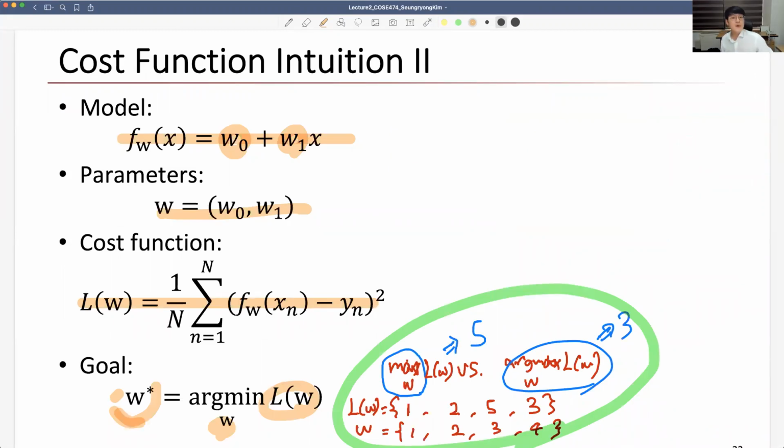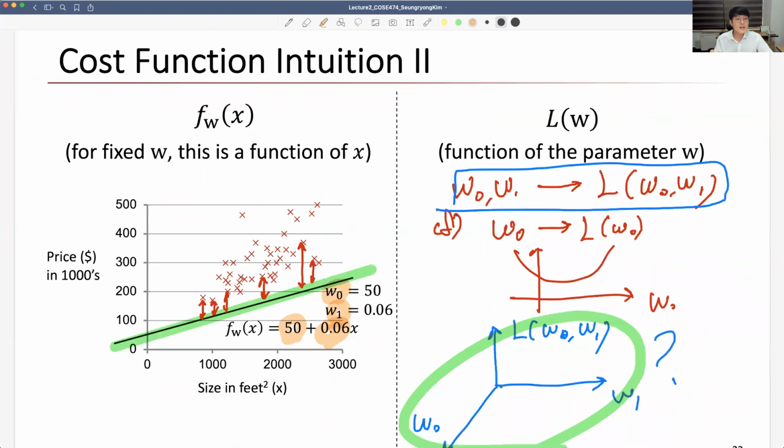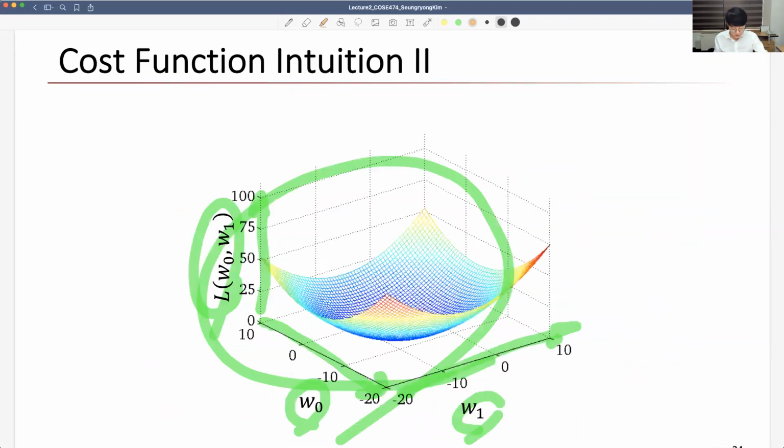So if we think about a little bit more complicated case here, the W0 and W1 case, we can also do similar things. This is the training data set, and this is the estimated mapping function, and we can draw some loss function with respect to W0 and W1. It looks something like this, right? It is defined in the 3D space here,